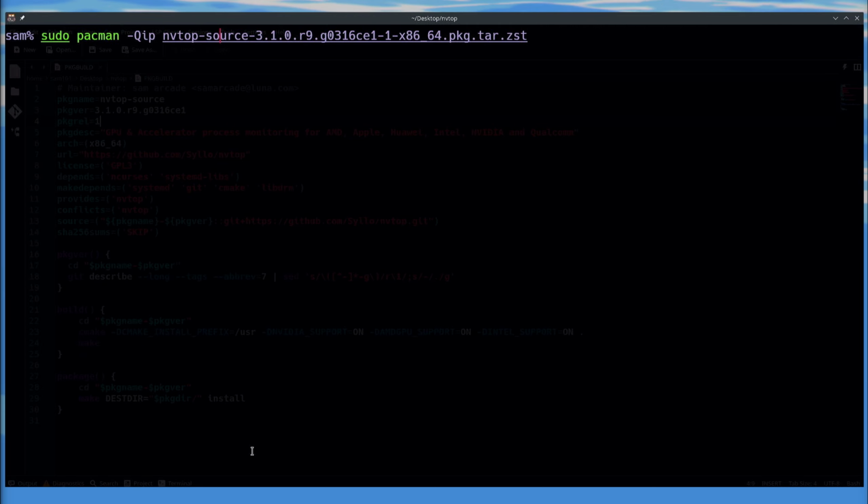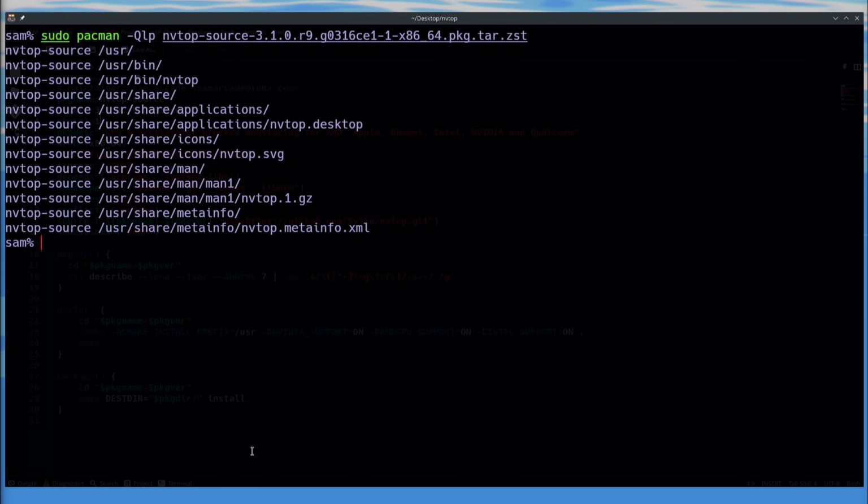Change QIP to QLP to see the list of all files owned by a given package.